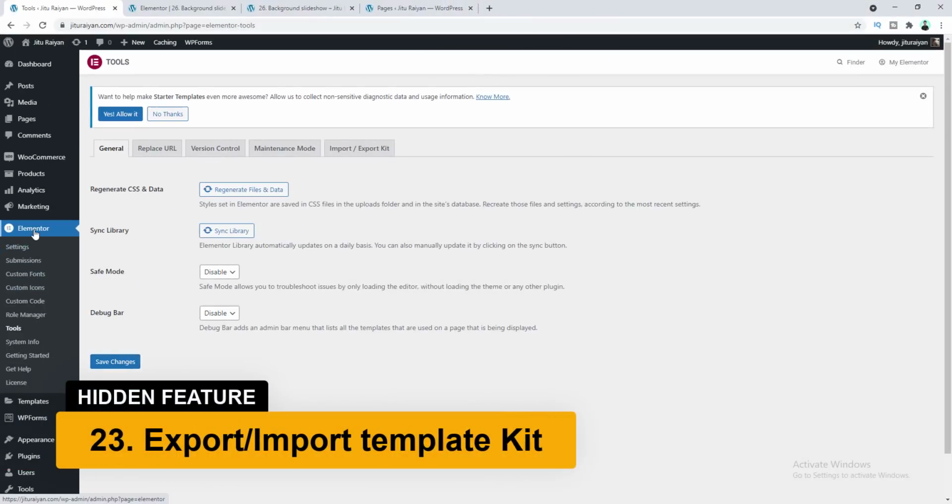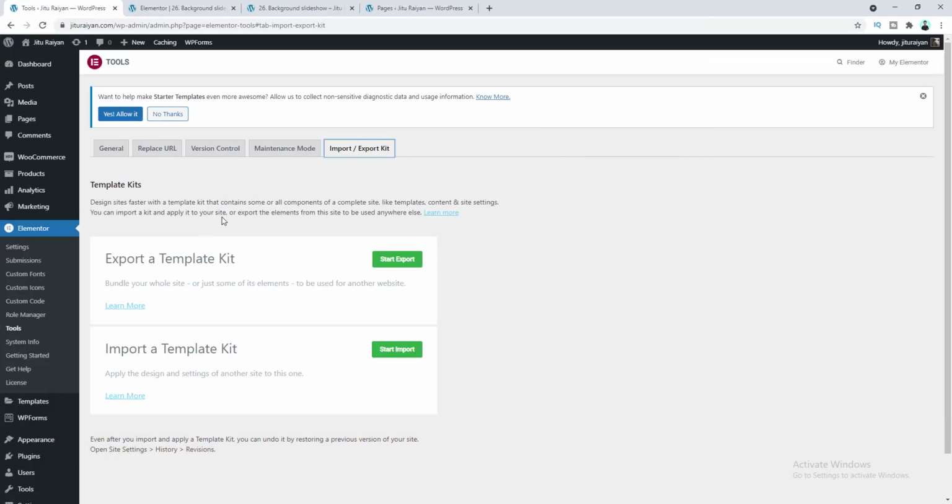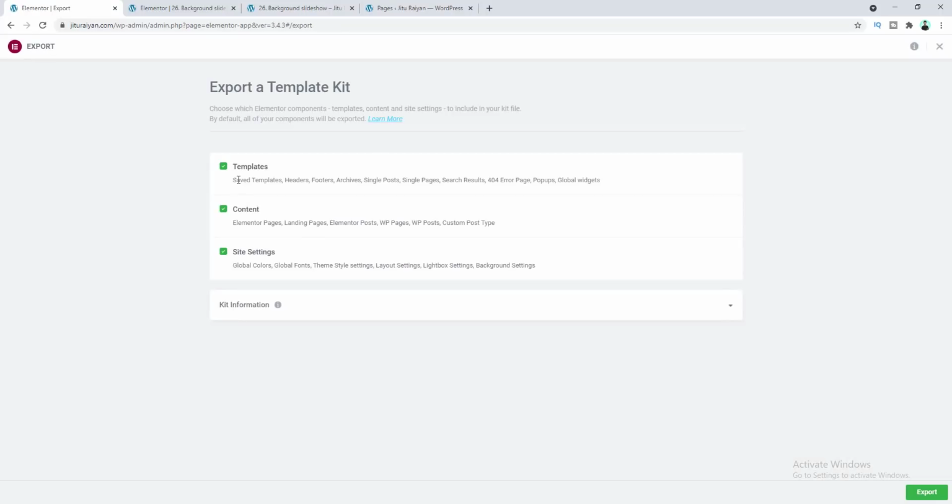Here under Elementor tools, if we go to the export import kit option, from here we can export or import the whole Elementor template kits in one click. So from this export option, if we click on here we can see by clicking on this export button, we are able to export all the saved templates, header, footers, all the singular post templates and all other templates from